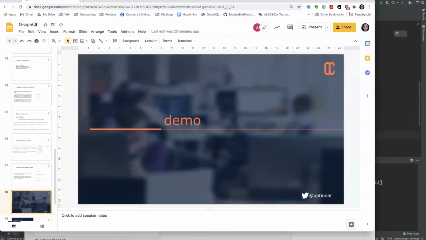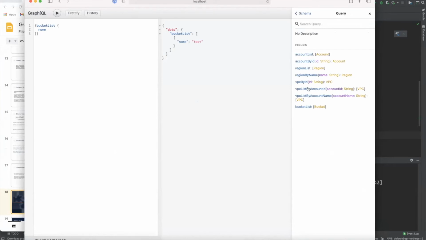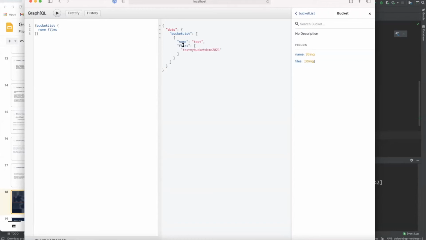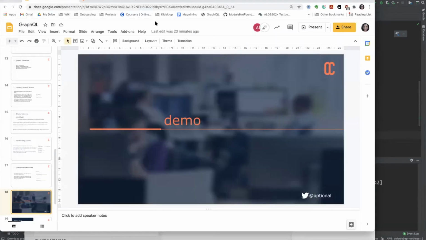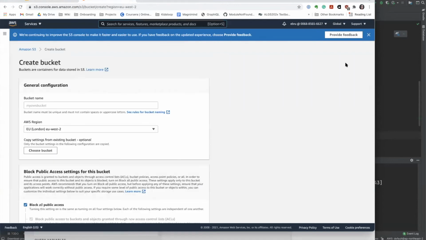So if I go back, if I say file, it gives me an int. It's a bit wrong, maybe it's my definition, but that's my bucket demo 2021, the bucket I have, as a file. If I create another one, demo